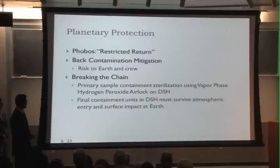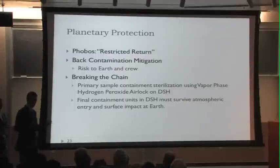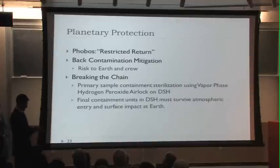So you break the chain by using a JPL-proven method of sterilization. Say you're at the surface of Phobos, you have your sample, you process it a bit, and then ultimately it ends up in a primary containment chamber, which is, say, a box of some sort of metallic material. We then take that back on a science exploration vehicle to the deep space habitat, which has a built-in airlock. Now this is a payload-only, or sample-only, airlock that we move our primary sample containment units through, and